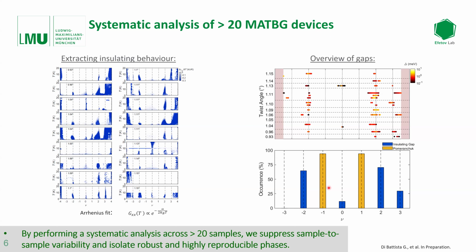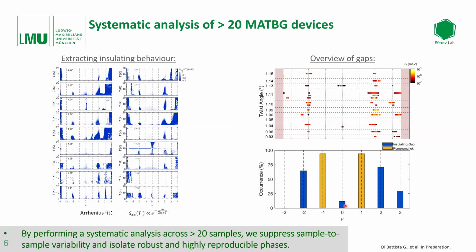Okay, and last but not least, at charge neutrality point, as pointed out before from the STM data, we occasionally saw gaps occurring in two devices, but most of the time these gaps were not present. And in principle, of course, this is an interpretation, but it supports the understanding that strain is something which can remove the gap at filling factor 0. And you need to get very clean and homogeneous devices to get a gap at charge